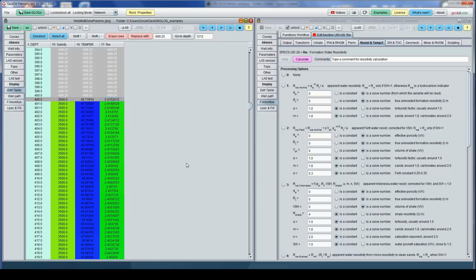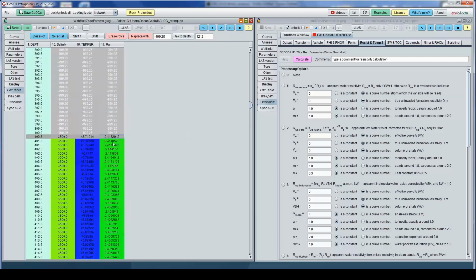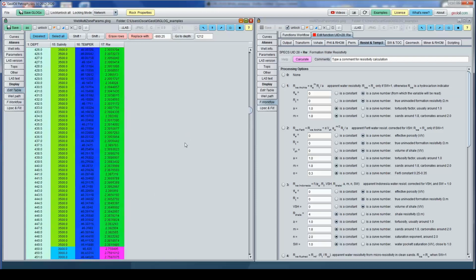RW will decrease as temperature gets hotter. RW will decrease as temperatures go hotter and hotter. However, if you have a thin reservoir, the range of RW will be more or less the same. It's like 2.38 is quite similar to 0.41, but it is not. So there is no reason to handle a constant RW. You can use a variable if you have the correct salinity and a good temperature model.